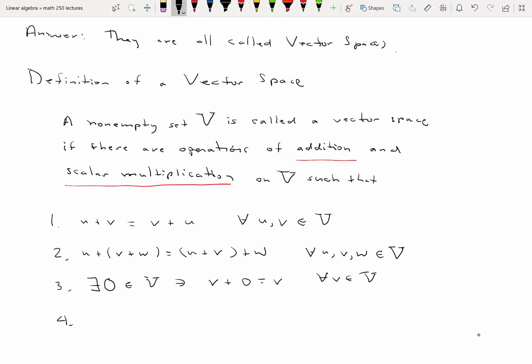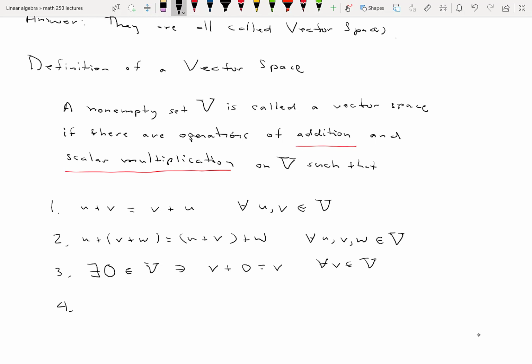Okay, 4. For every small v in the vector space capital V, for everything in there, I can find another thing in there. I'm going to call that thing the opposite of v. This is not a negative number because I don't know what v is. v could be a banana. The opposite of a banana, what is it? I don't know. So for everything in the vector space, there is this thing we call the opposite of v, also in there,